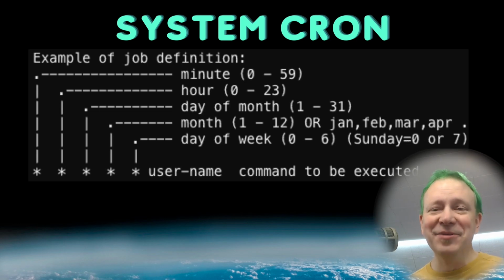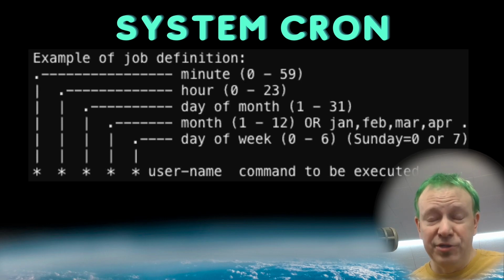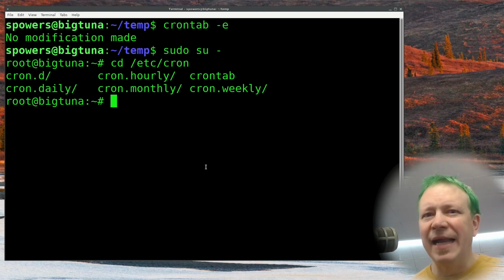Anyway, with the system cron, the only difference is that field where you need to specify the username, whether that username is root or a particular user on your system, or sometimes it might be something like www-data, if you wanted to execute as your web server's user without those users' permission. You could do that as well. And there's a couple ways that you can do this in our system, which brings us back to the command line. Now, I have to admit, I don't know of a special way to edit the system-wide crontab